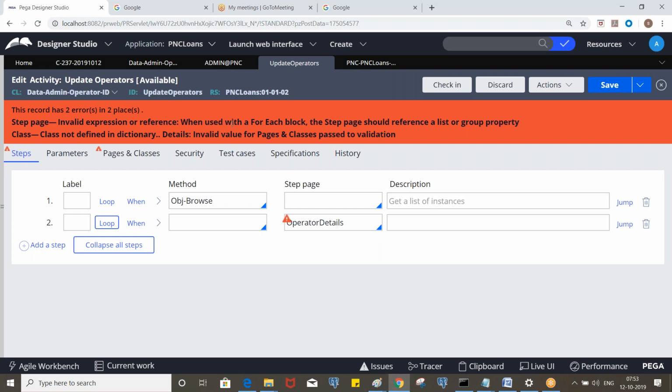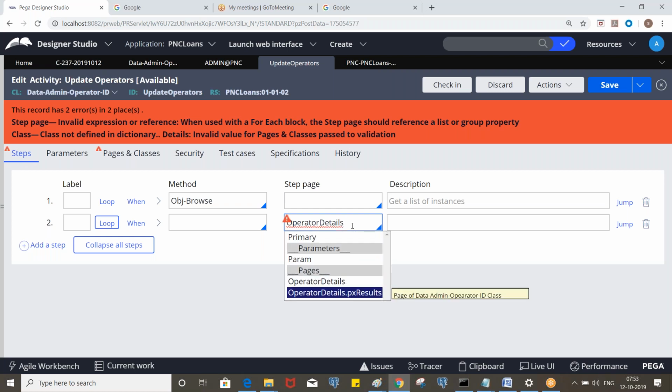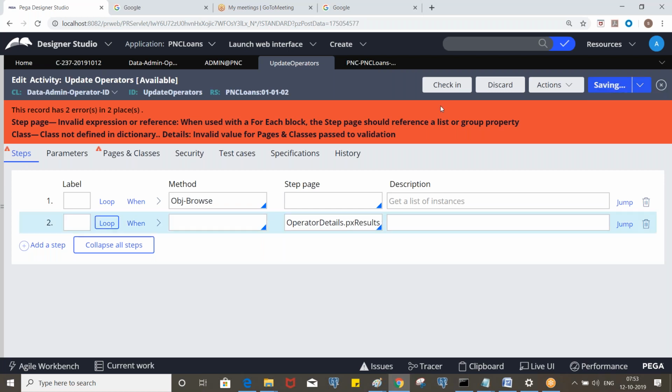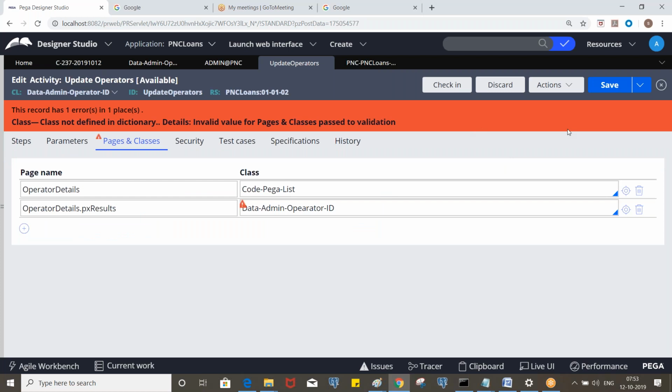When you use it with a for each block, the step page should reference a list or group. So it must be either a page list or a group. So now we will not see this first error. Okay, clear? Invalid value for data admin operator, spelling is wrong, right?